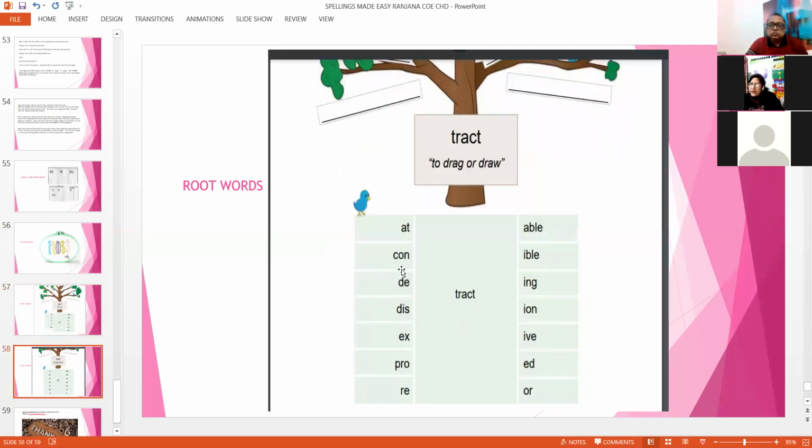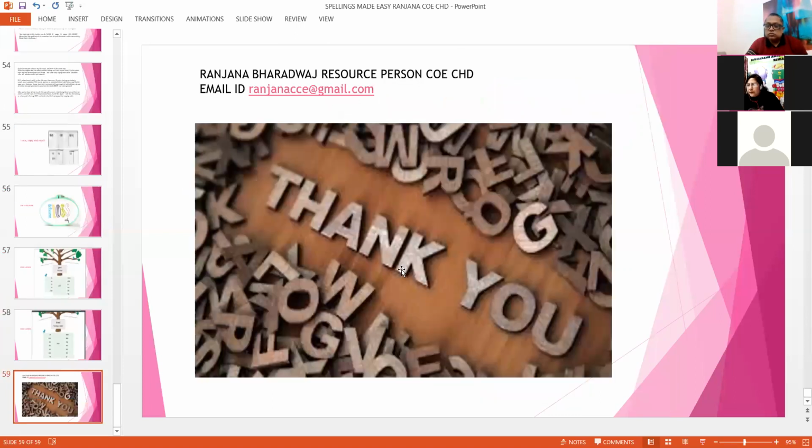And there are n number of sites where you can take guidance and pick up these words, which are the academic words also. This will help a lot. You will also find that children are interested in learning spellings, and your effort in making them learn will obviously get reduced, and the fun-filled activity, they would remember it later on also.